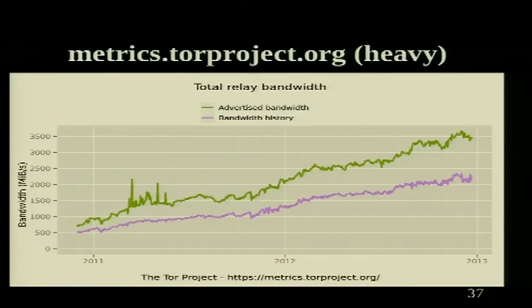We'll see the Tor perf graph in a bit. But this shows the purple line is the actual load on the network over time, which shows as we add more capacity, more people show up to fill that capacity. So from my perspective, there are an infinite number of people who want to use Tor in the world. And our challenge is to provide a network that can handle as many of them as possible. And the more we've got, the more diversity we have, the safer they all can be.